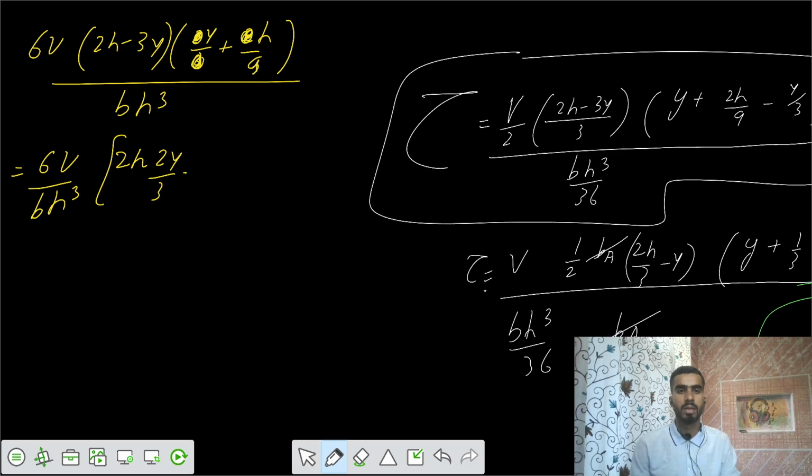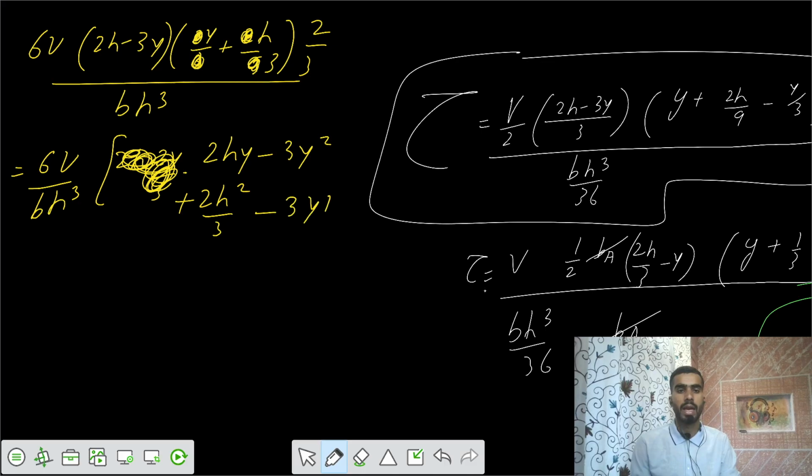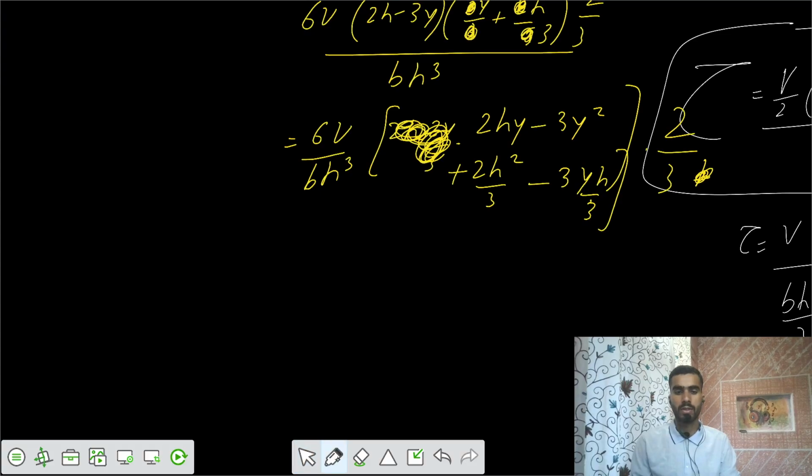2/3 is common, so we can take the value of 2/3 common here, and the calculation is easy. So I would say 2hy minus 3y square plus 2h square/3 minus 3yh/3. And we have 2 times, and we multiply that 2/3 and bh, 2/3. If you solve that further, you get a value of 3 to the